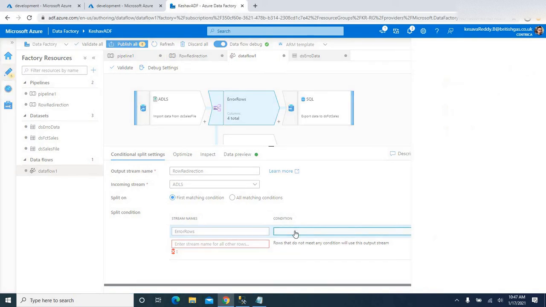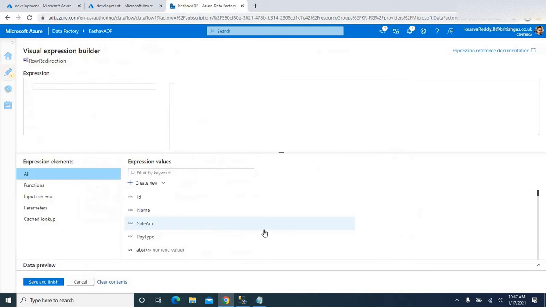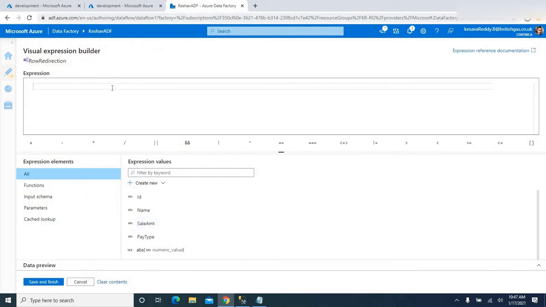So what is the condition? I need to pass the condition for all the columns, because we got issues with all the columns. One row with ID, one row with name, or the other row with sales amount, and also with payment type. We need to handle the issues we are getting for all those columns.